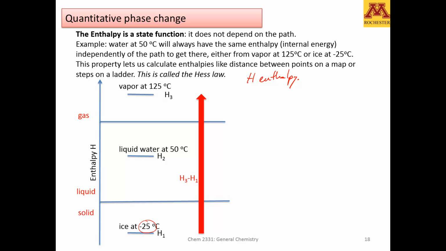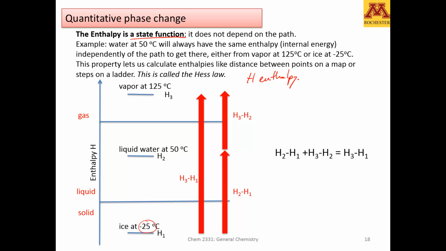And one property of enthalpy and internal energy is that it's a state function. It means it does not depend on the path. You just need to do the increment of final minus initial. In other words, what this is trying to say here is that the energy that it takes to go from ice in one single process all the way to vapor at 125,